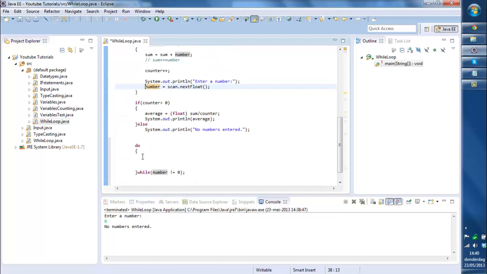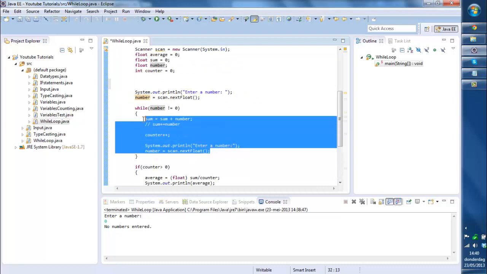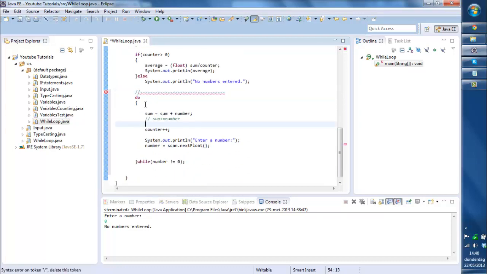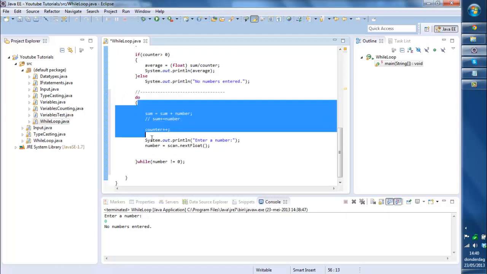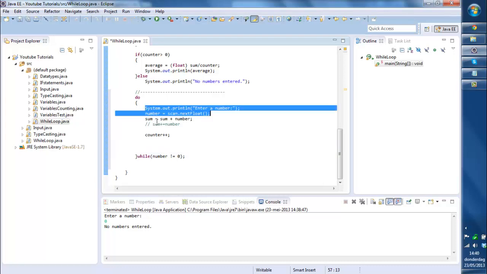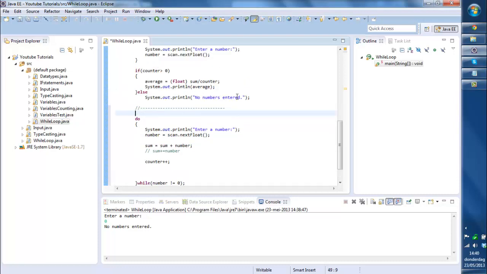So what is actually happening with this? So do, I'm just gonna copy it in here, like that. So the do while is always gonna execute this first before checking the while condition. So we always have to scan in a number first, like that. So do, this code is just gonna run. It's not gonna go to the while code yet. So it's going to do, and it's checking this. Oh, enter a number is scan float, and then